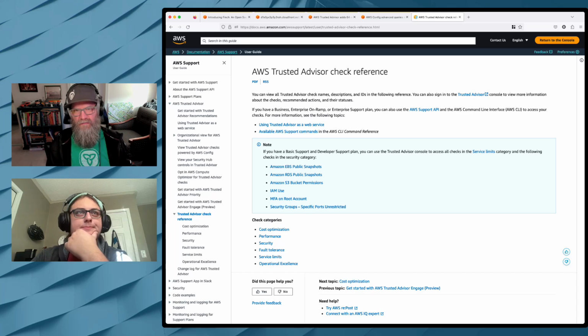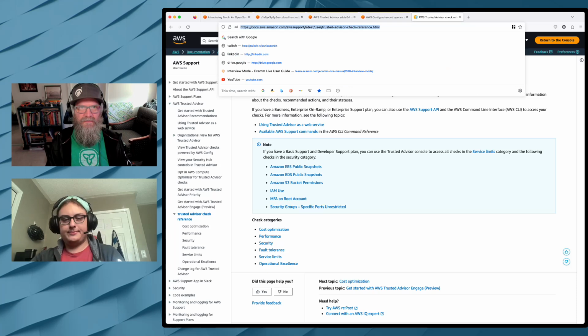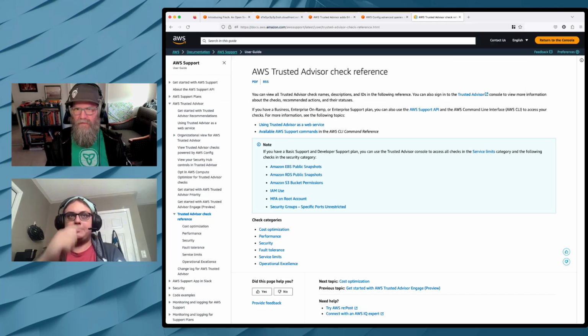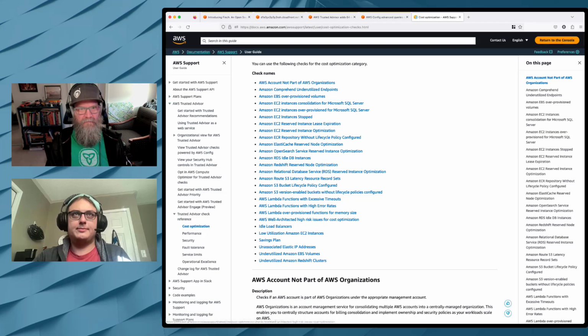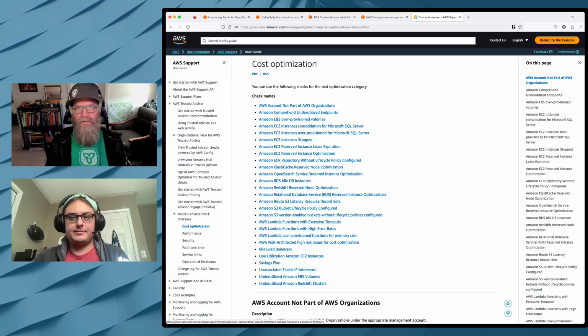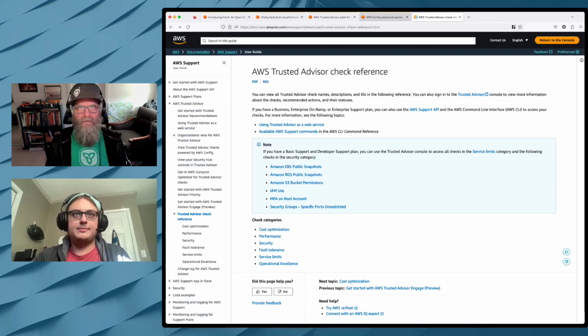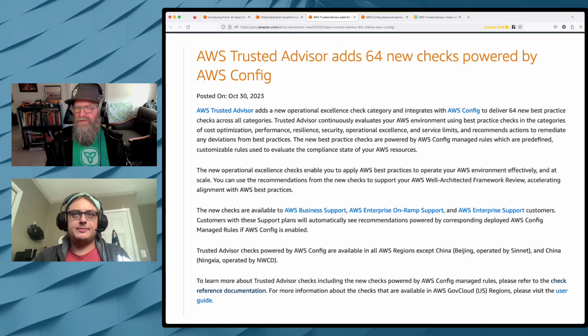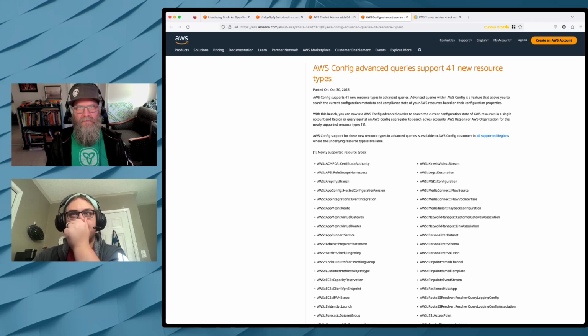So, as is the case in most things in AWS, you kind of have to pick how you want to do something because there's probably multiple ways to do the same thing, right? So here, I'll throw this in if you wanted to look at the checks that are available. I'll throw them right there. So you've got a link at least to go and have a look at it. Because I think if you could see at the bottom of the screen here, cost optimization, there's all the checks. There's a lot of stuff in here. Right? So that's the Trusted Advisor one I wanted to bring up,